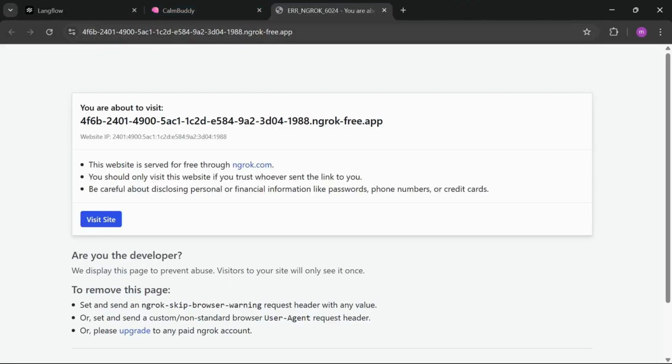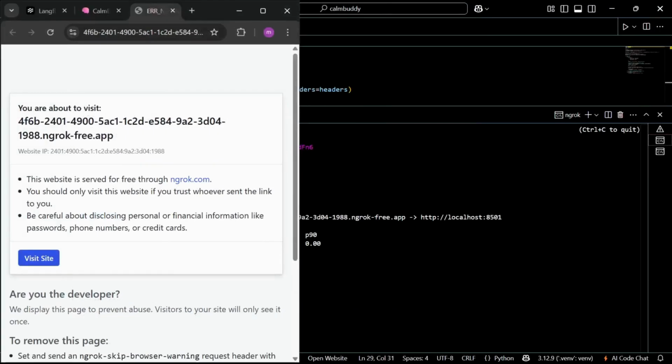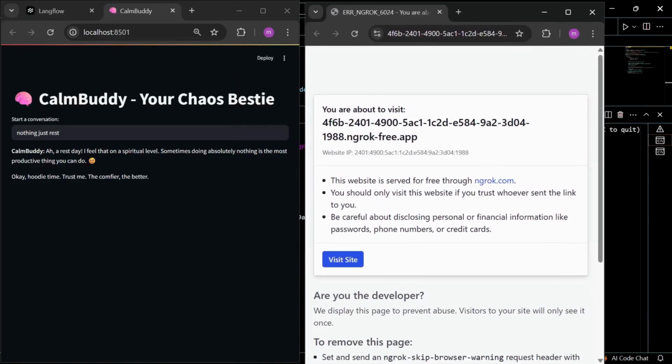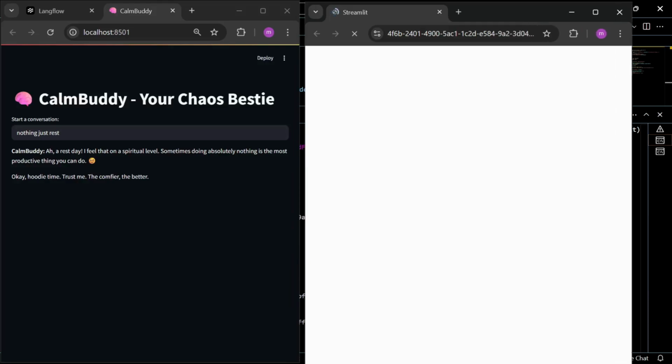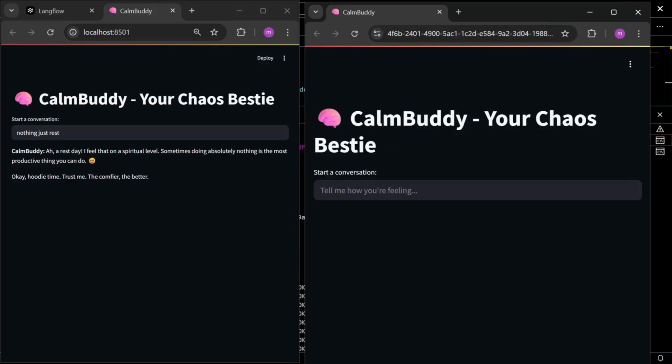You can see it gives the first warning: this website is served for free through ngrok.com. So you can share this link with a friend. They can test without any cloud deployment. But just make sure, as I already mentioned, your machine is still running the app.